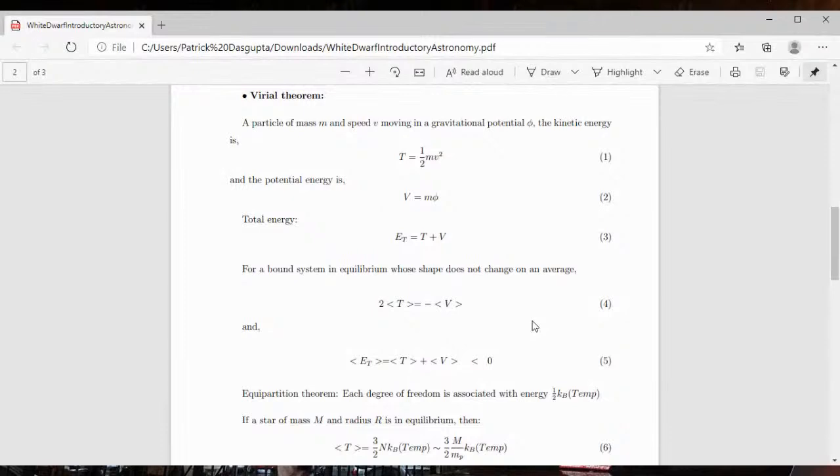When you have a hot gaseous system, meaning either atoms or ions like electrons and protons, they are hot and randomly moving, the kinetic energy will be the random kinetic energy of the electrons and the protons. But now we are talking about a gaseous system like a star. And therefore, you would wonder that